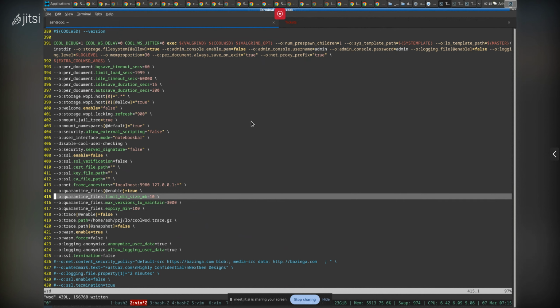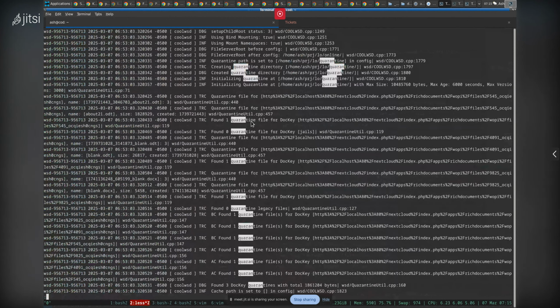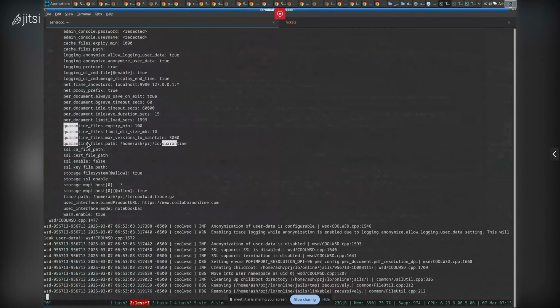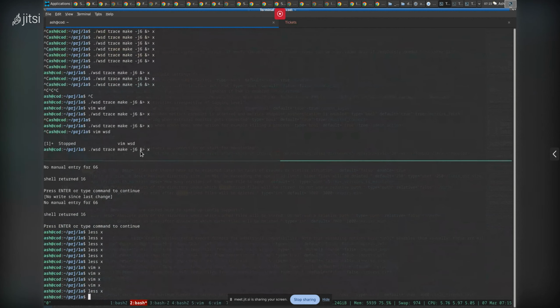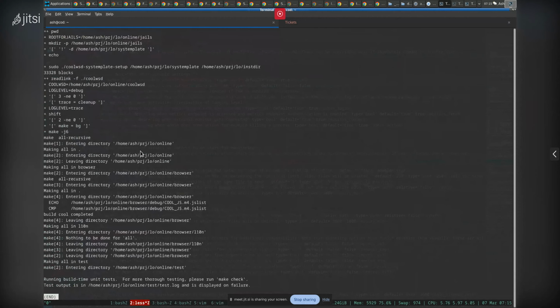Okay, so now the path is not set, and I'm going to run it again. But before I do, I want to make sure that we agree that here we see in the log that the quarantine path is set to this path. Now, when I run it again, first of all, let me quit. I'm going to run it again, and we should see